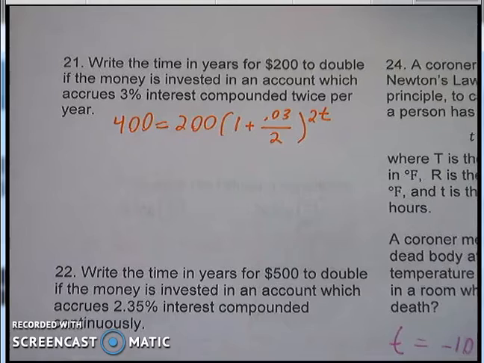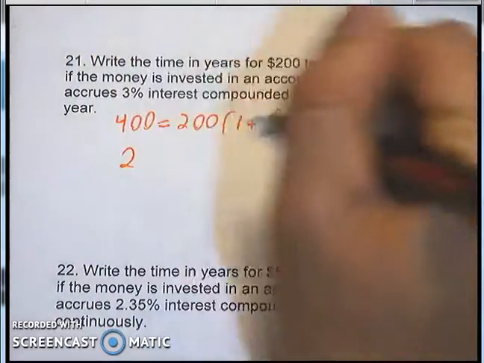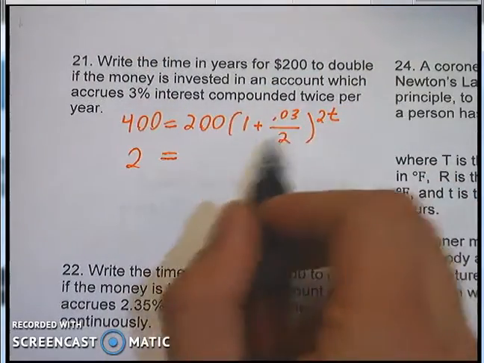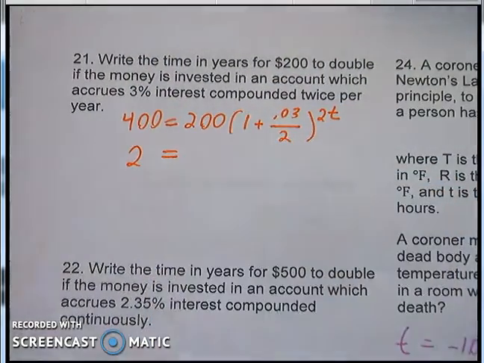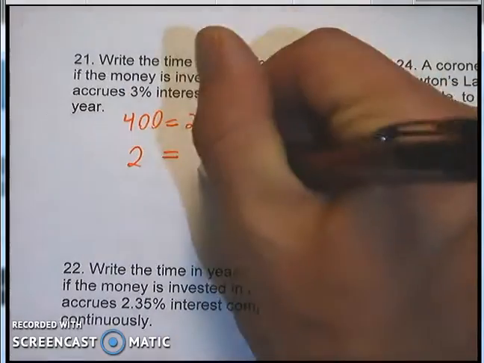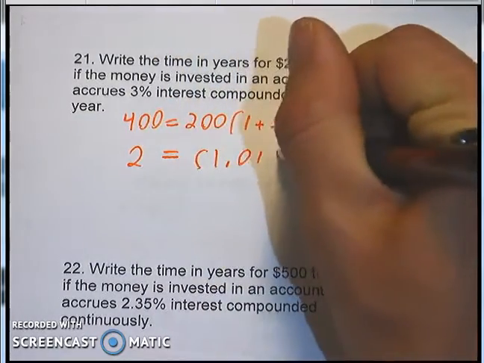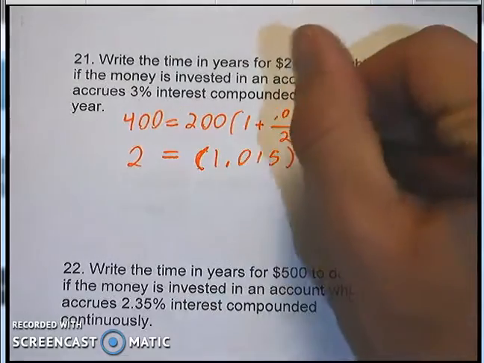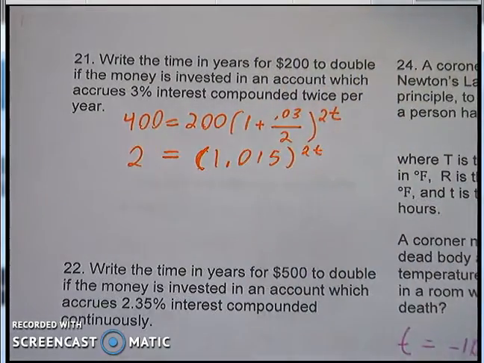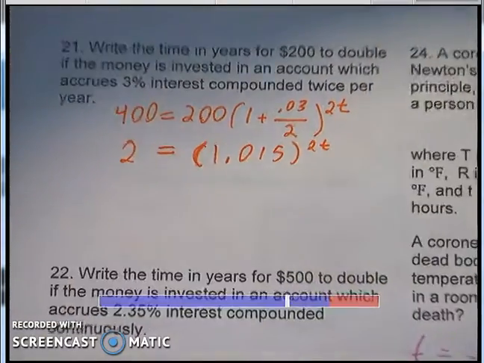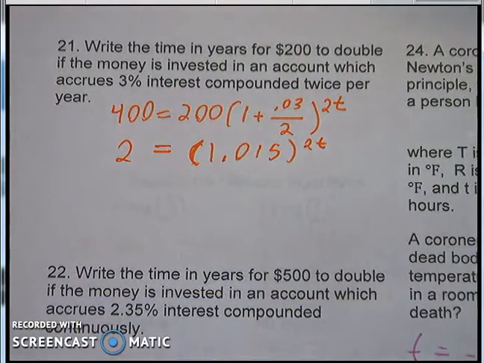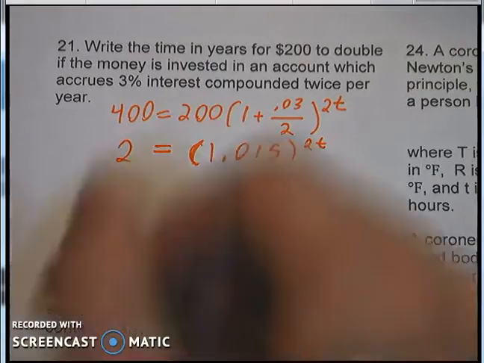First thing I'm going to do, divide both sides by 200 to get 2 equals, and I can evaluate the inside here, 0.03 divided by 2 plus 1, that's just 1.015, and it's all raised to the 2t power. Now to get the t by itself, we're going to take the log of both sides. So we're going to do the log of 2